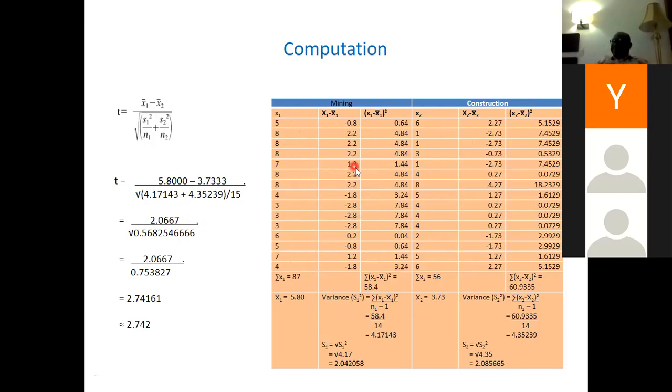Remember, standard deviation. This is X minus X bar 1, then square of it, sigma, that is summation, the sum of squares, divided by the degree of freedom, which is 15 minus 1, 14. That gives you the variance for group 1. This is the variance for group 2. That's it. The standard deviation for group 1 is the square root of the variance. It gives you 2.04 here, 2.085 here. You feed in the mean for the two groups and the standard deviation.